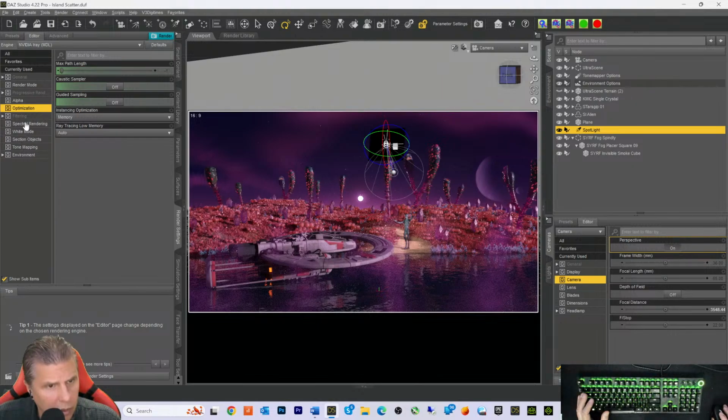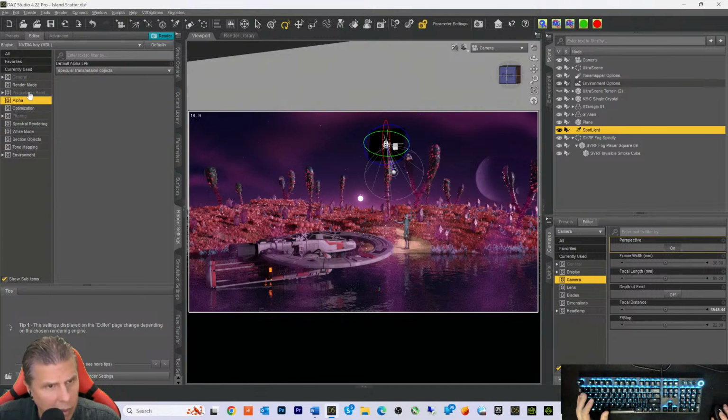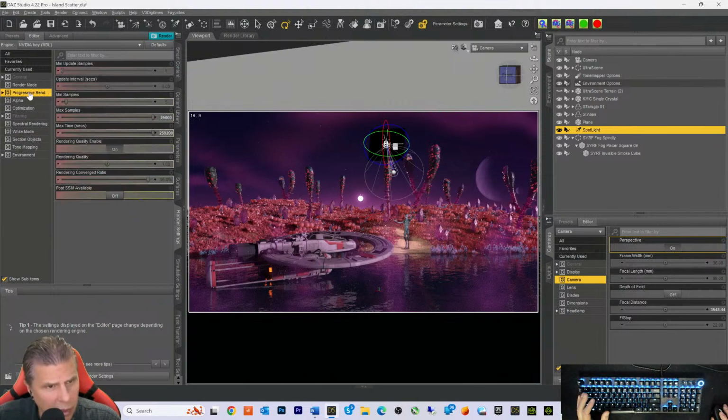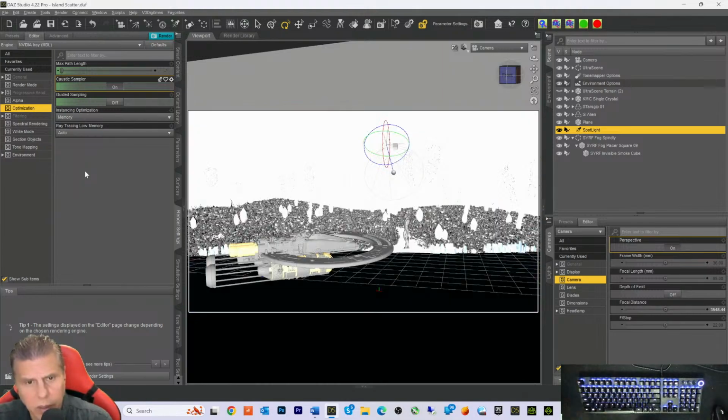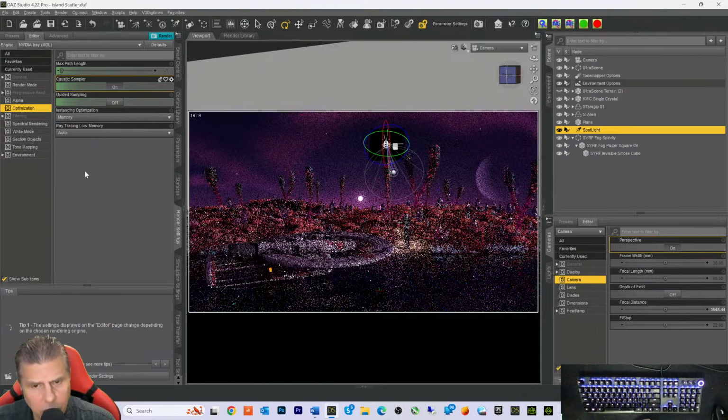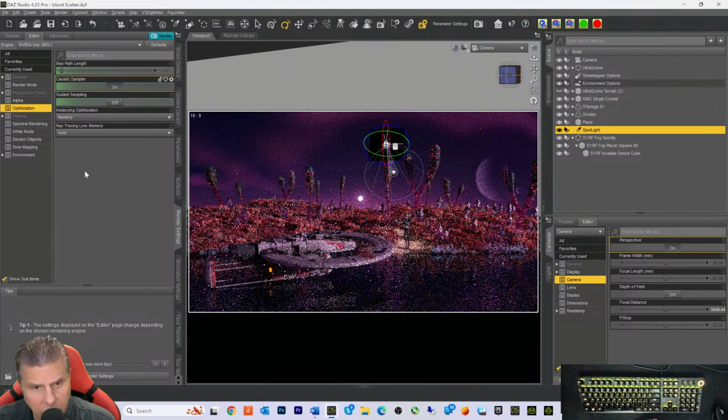And then there's also in, what is it called? Where is that? Spectral rendering, filtering, is it? No. No, it's alpha, no. Progressive render, is it here? No. Optimization. Caustic. Sampler. We'll turn that on and see if this gives the glass like an extra kind of depth and shine to it, and inner reflective kind of thing going on with it. As you can see, it takes a lot of